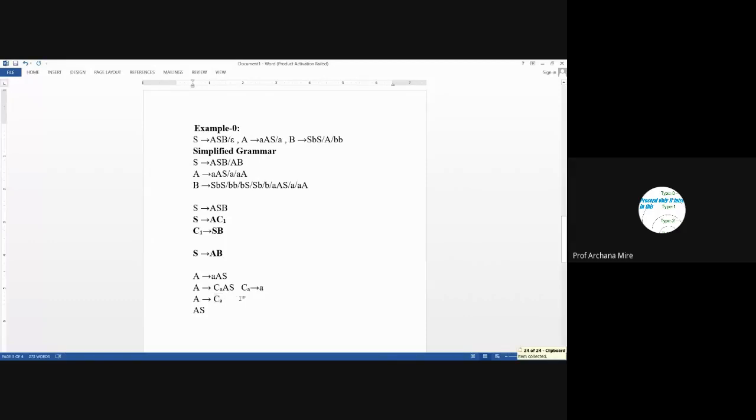Now C1 is already used for replacing SB. That's why here we cannot use C1. We will need to insert a new non-terminal C2, and we will insert a production rule C2 leads to AS.